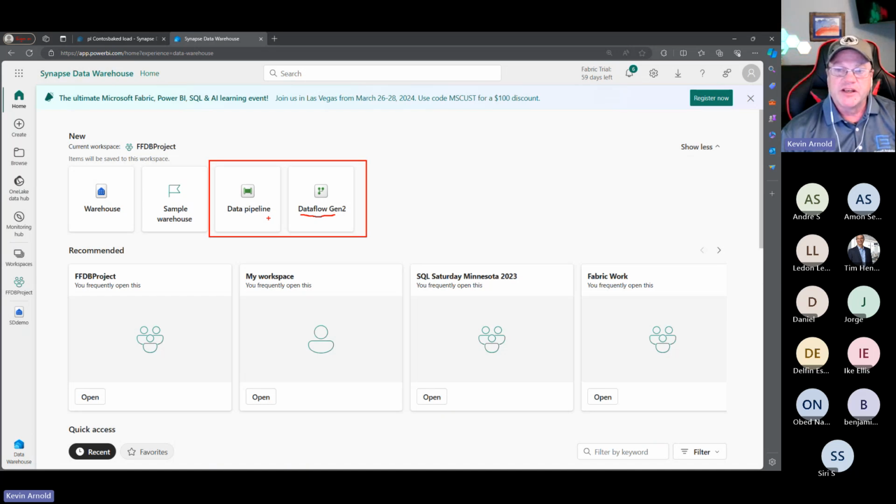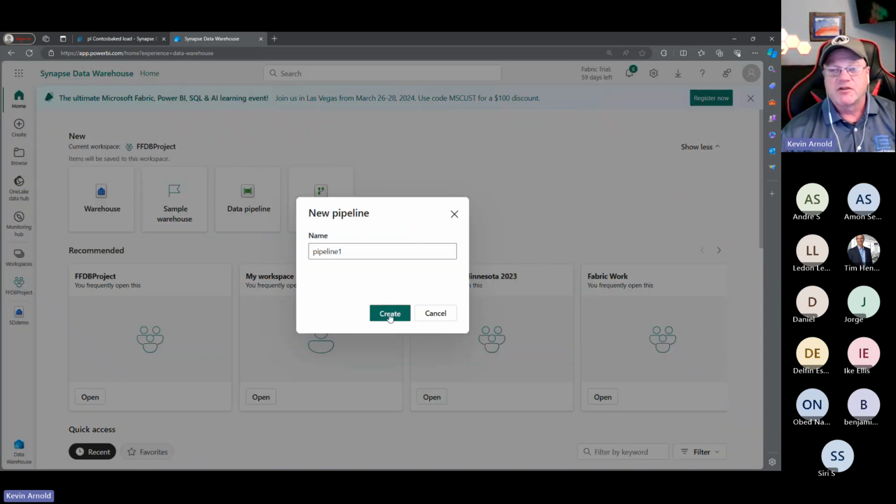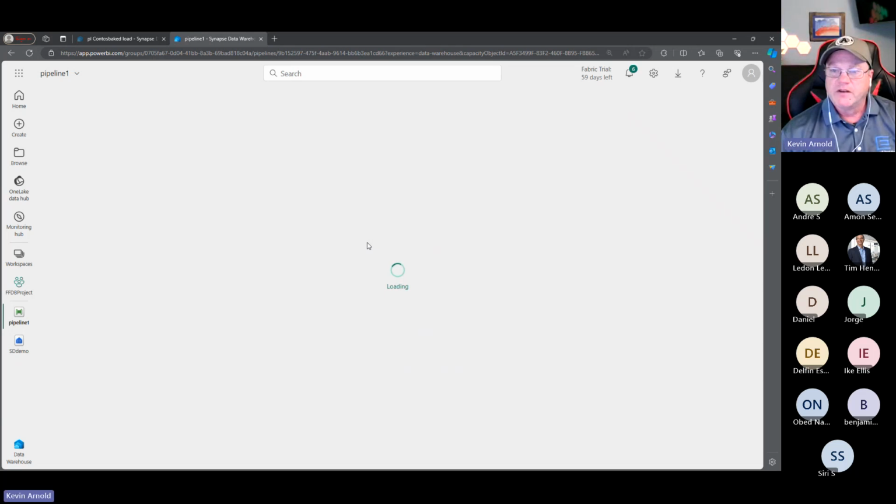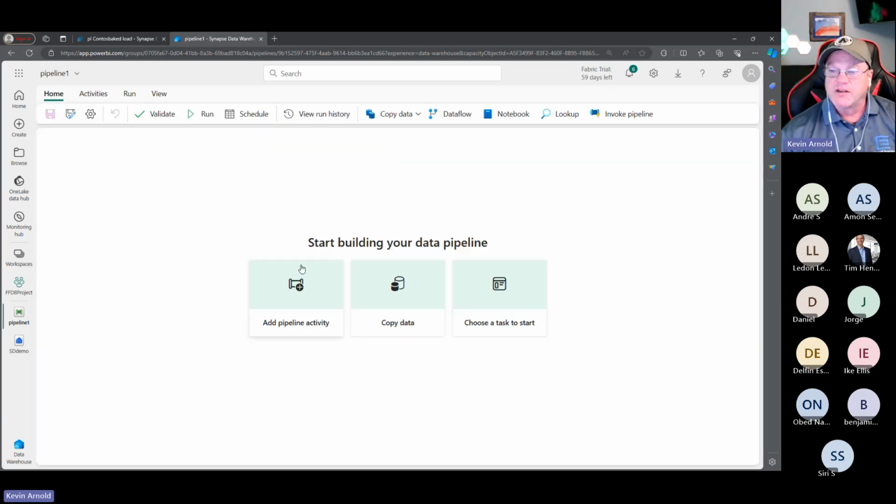So if you have on-prem data, you're pretty much going to be coming through a dataflow at this point. But if you can get to a data pipeline, it is very closely related to an Azure Data Factory project. In fact, you'll see a lot of similarities there. So let's go ahead and create a data pipeline real quick. I was actually surprised how quickly this ran earlier today. I'm going to stick with just a default name, Pipeline 1. When it comes up, it has ways to help you pre-build, or you could build your own custom with all these activities on top. You can move and see even more activities. You could put if conditions in, for loops and everything.